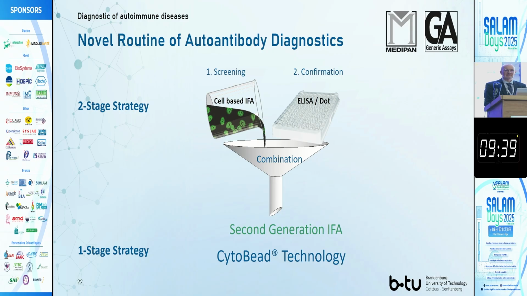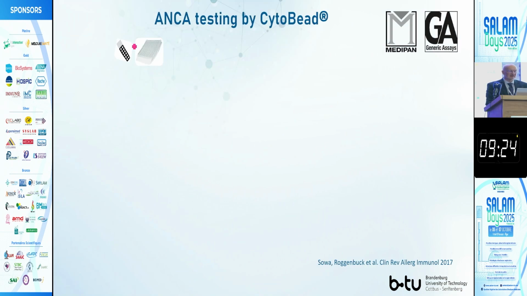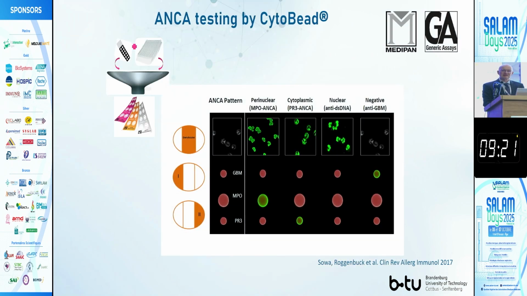As a matter of fact, it is just to merge the classical fluorescence method with an immunometric method based on fluorescent microbeads. That is illustrated here. What we do is we use the classical indirect immunofluorescence along with fluorescent microbeads for the quantitative detection of autoantibodies. And this is just one example that I have here for you to present. That is the detection of the so-called anti-neutrophilic cytoplasmic antibodies, abbreviated ANCA.